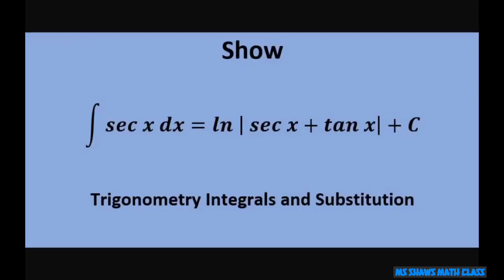Hi everyone, we're going to show that the integral of secant x dx equals ln of the absolute value of secant x plus tan x plus c. And so it's kind of like an identity. And if you start from the right side and look at that, what you can do with that is to